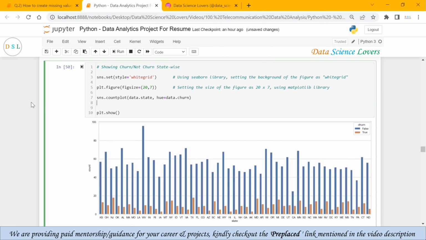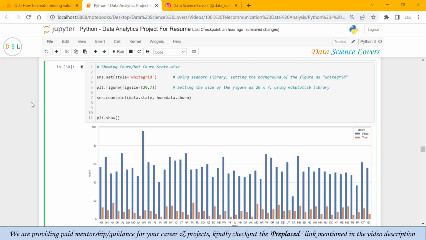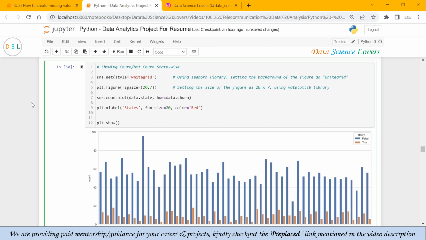We can adjust the font size and color of our x label and y label using the Matplotlib library, plt.xlabel. First of all, "states" is our x label, then the font size for our x label we can set equal to 20, and color we can set as red. You can give any color of your choice. Setting the y label, "count".